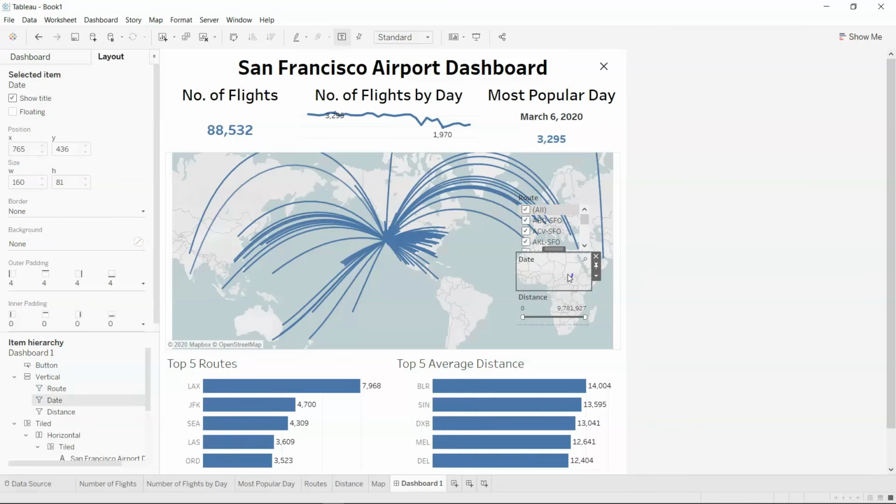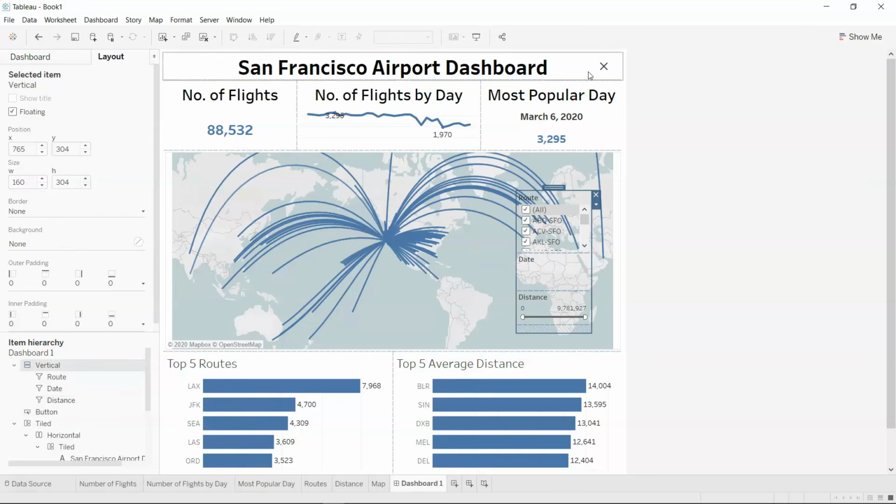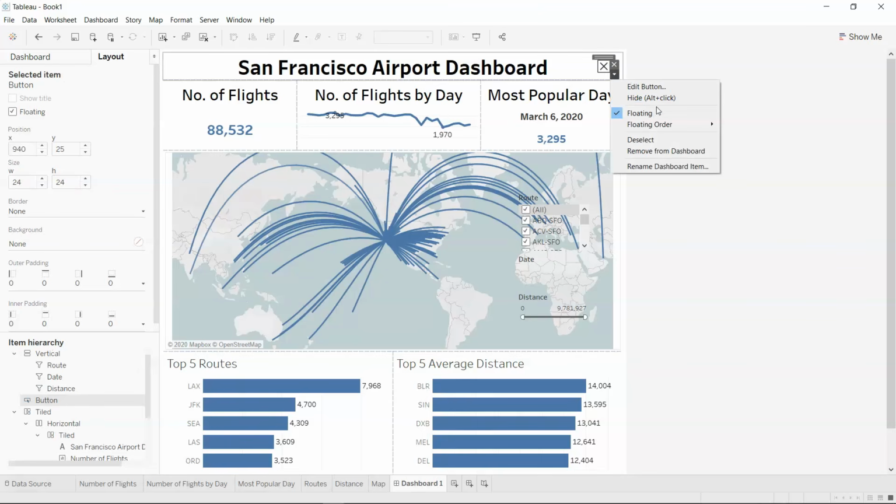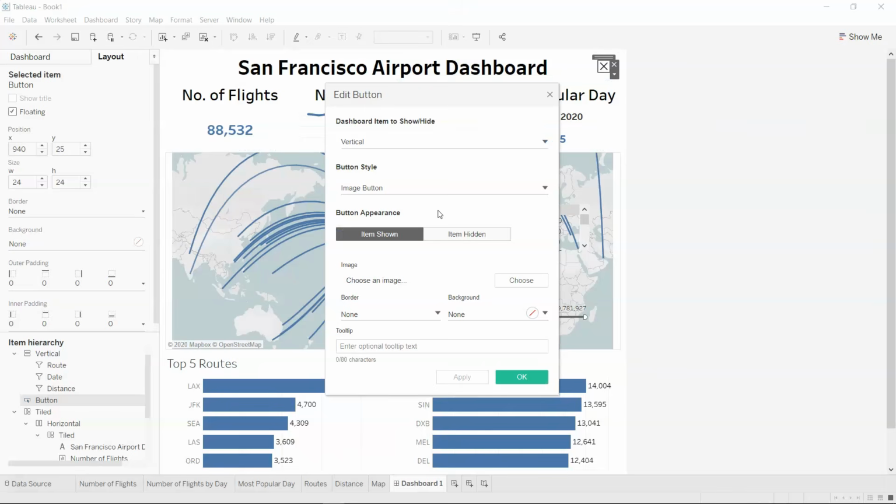Alright, and what I want is basically this to be part of this. So we have this show height button, and what I wanted was basically to go into the edit button,